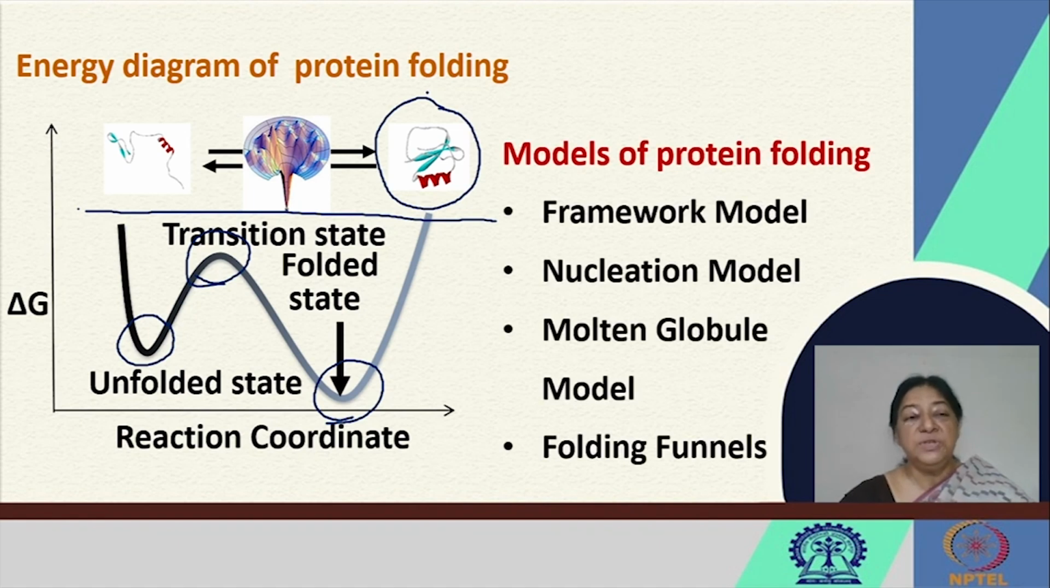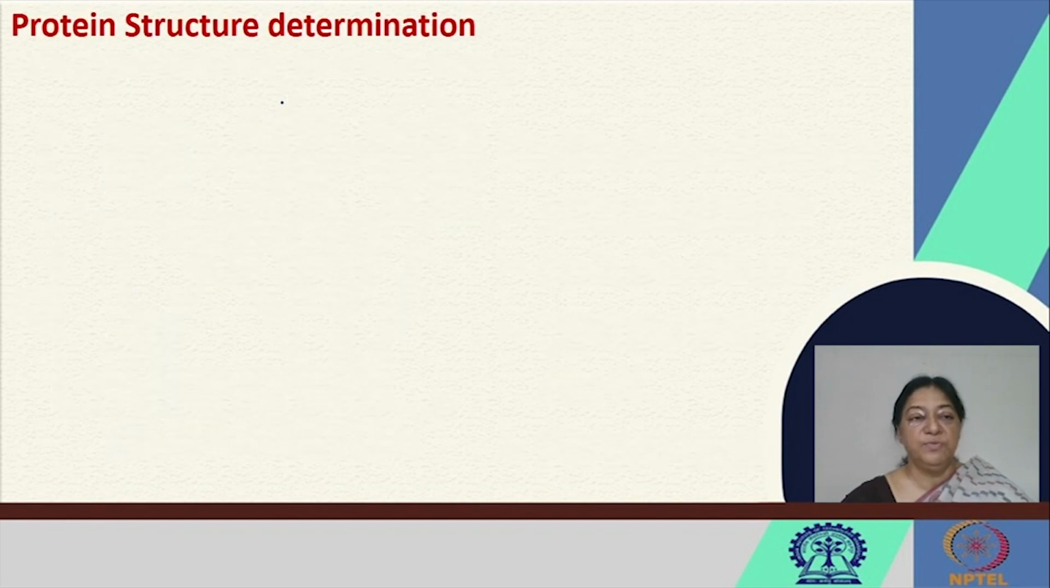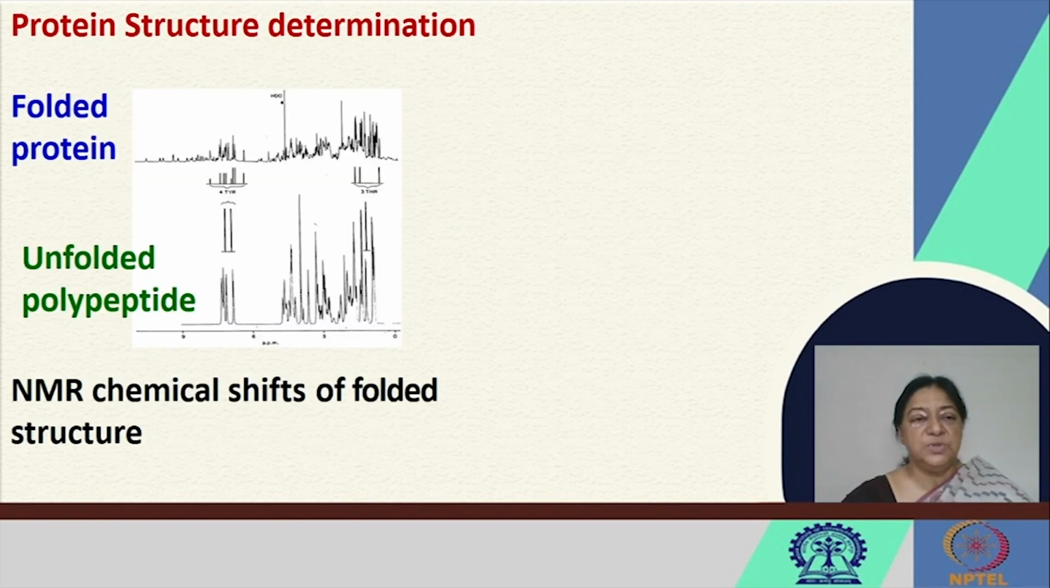The models of protein folding that we looked at were the framework, nucleation, molten globule, and the specific folding funnels that gave us an indication of how we can get to the native form of the protein. The protein structure determination methods were just looked at in brief, understood from an NMR chemical shift point of view for the folded structure,